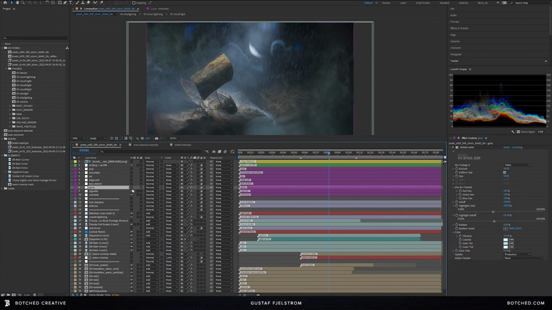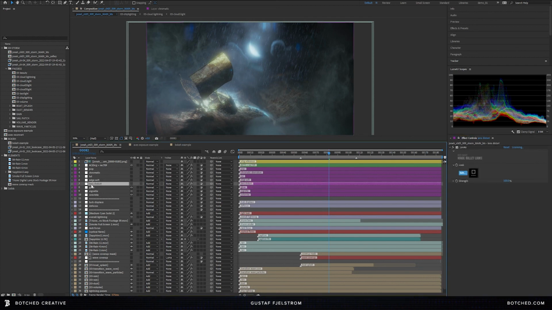So I also have a glow on here, and in this case I'm using the optical glow, which is a really nice glow. But back to more lens artifact recreations. So I have a layer of lens distortion on here. So if we pop that open,